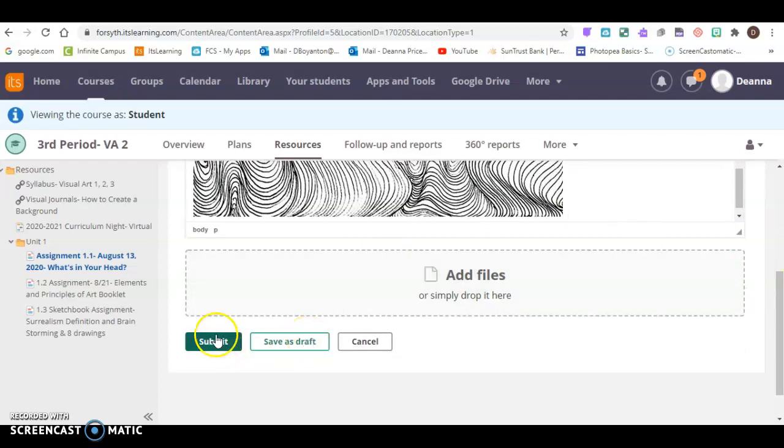On a phone, you're going to have a button that's green that says OK, and then you're going to have the submit button. So you're going to have to click on two green buttons. But on a computer, all you have to do is click the submit button,